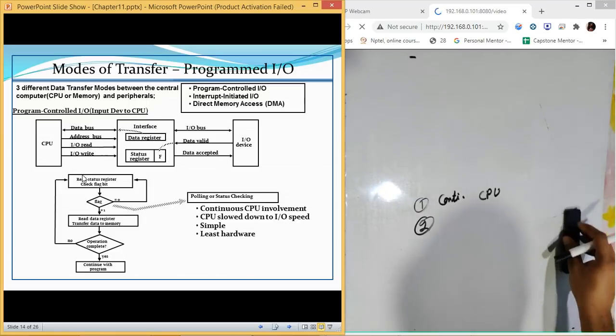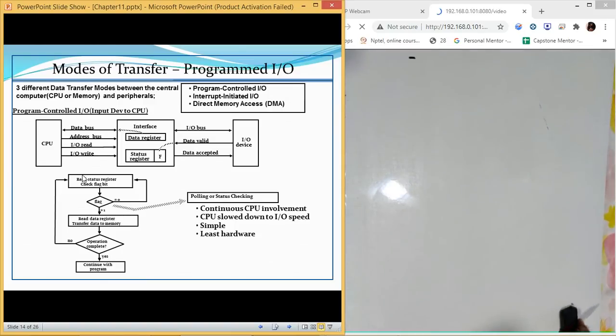Now, as we discussed about programmed input output, there was a continuous involvement of CPU. Now, in the second case, which is interrupt initiated input output, we are going to discuss that. In interrupt initiated input output, it becomes the responsibility of the interface to interrupt the CPU when this status register becomes 1.